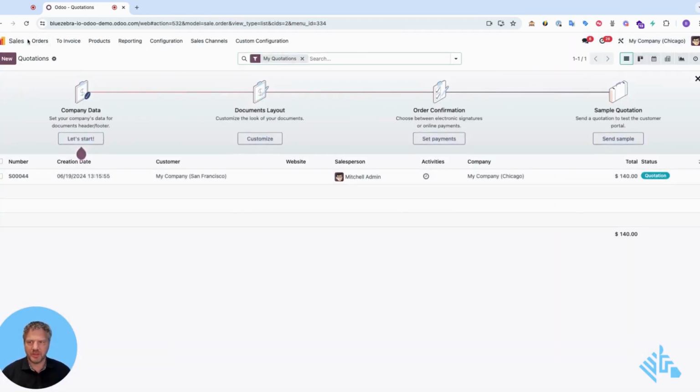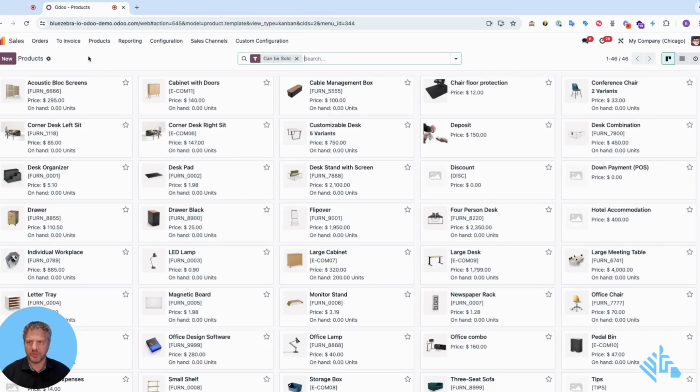Within an application, you naturally have a menu to access different items. For example, if you go to products, the product screen comes up very easily. Products also come up, for instance, in purchasing. So you can always easily find the menus you need within an app to operate effectively and efficiently within